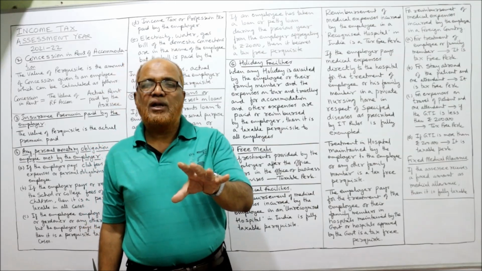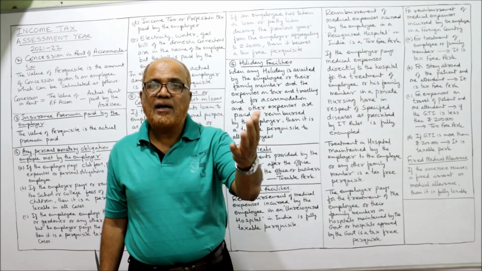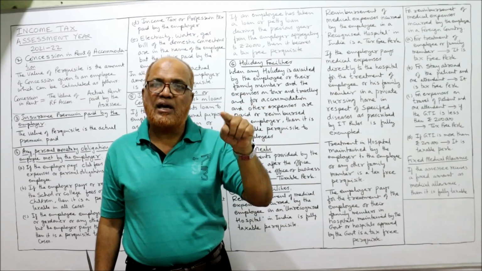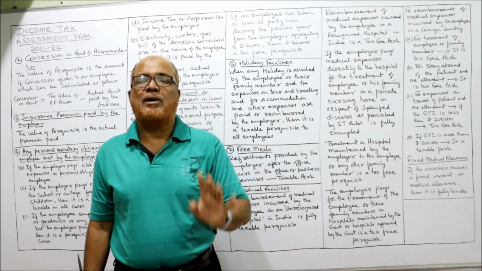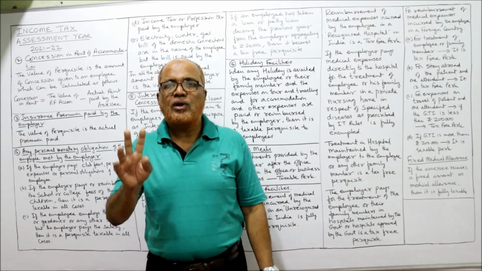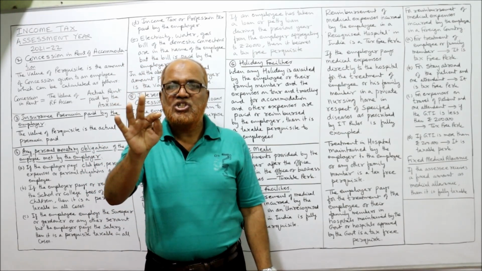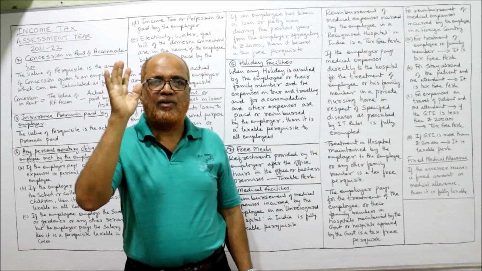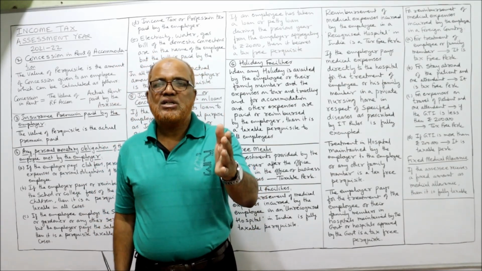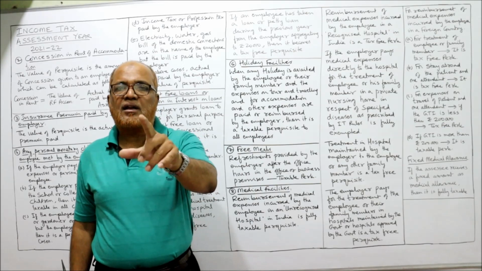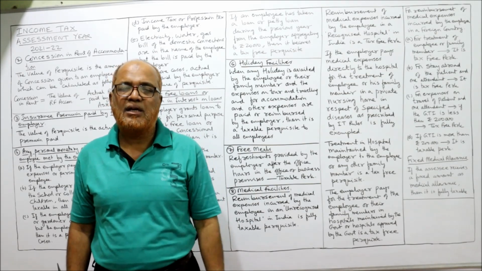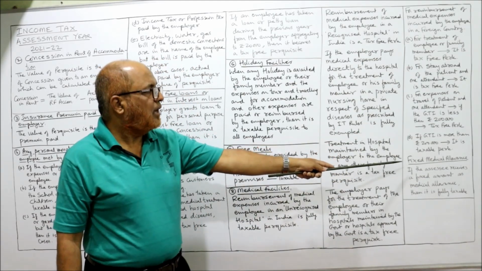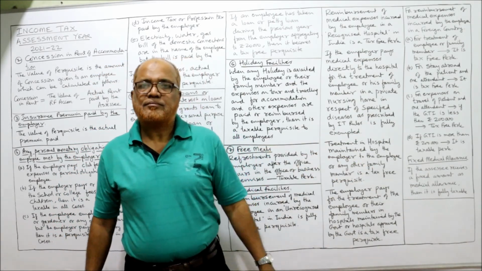If the gross total income is more than 2 lakh, then this travel expense of the patient and one attendant is a taxable perquisite. So the threshold given is 2 lakh. If the GTI is less than 2 lakh, even travel expenses are a tax-free perquisite. If the GTI is more than 2 lakh, then travel expenses reimbursement is a taxable perquisite. That's all. Now, fixed medical allowance.